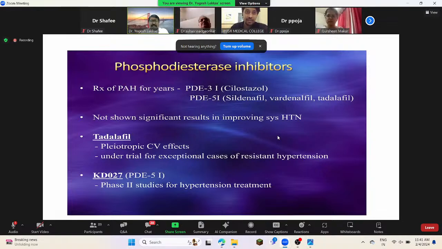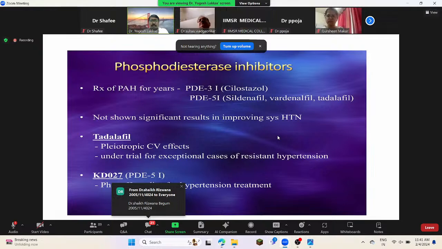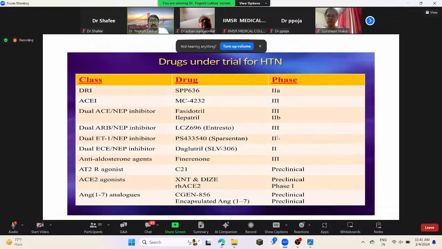Thank you. And these are the last few molecules, which have been used in pulmonary hypertension: sildenafil, vardenafil, tadalafil. And this is the same, a few tables only, last, of trials that are going on for all these molecules listed in this table, which we have discussed in all the previous slides.